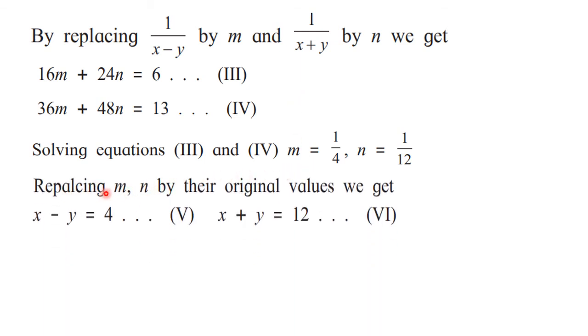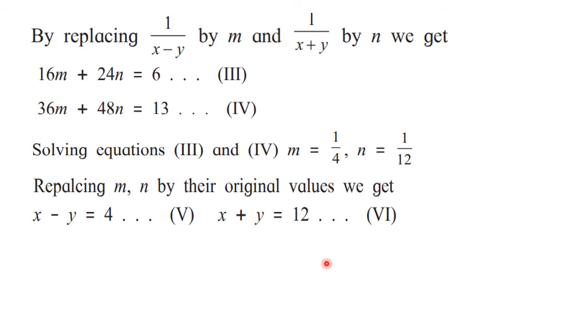Okay, so replacing, they have written here replacing. You can see here spelling mistake also is there in textbook. So ignore that, it is from textbook, or you can correct it there. So replacing m and n by their original values. Afterwards, if we put it here, in place of m, if we write 1 upon 4, then I said that numerators are equal. So the first equation will be x minus y is equal to 4. 4 is in denominator. Okay. So this is first equation from replacing, but you will not number it as 1. You will number it as 5 because we have already numbered up to 4. And then here if we write 1 upon 12, then we will get x plus y as 12.